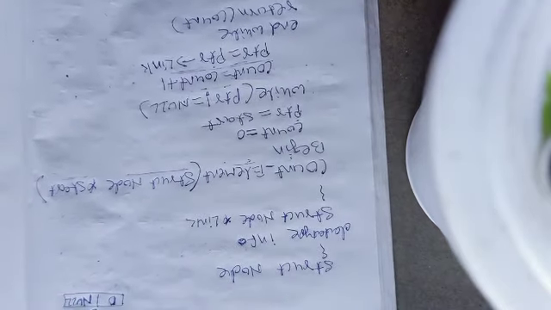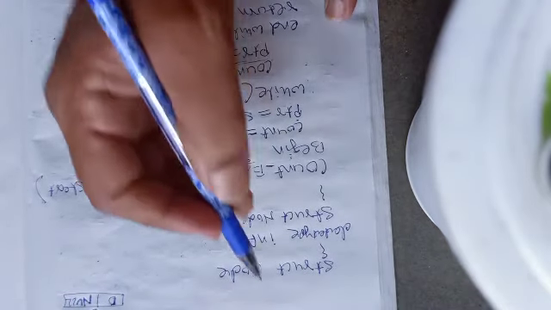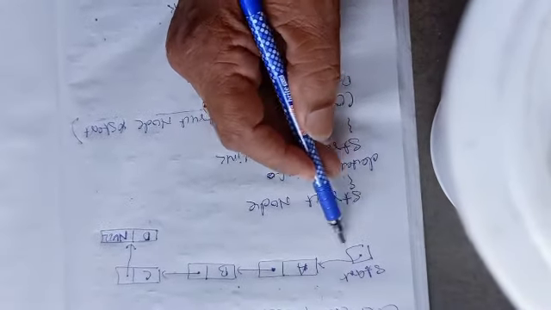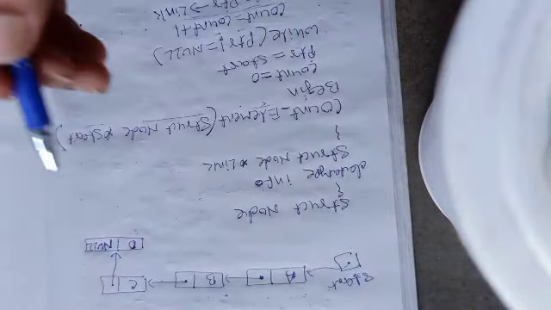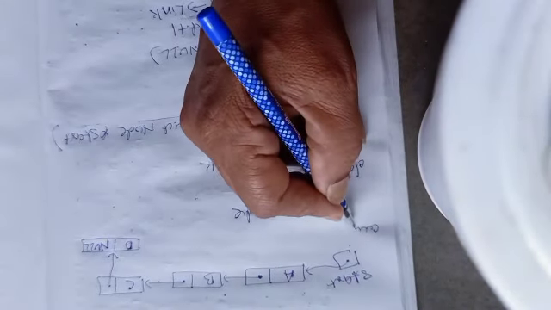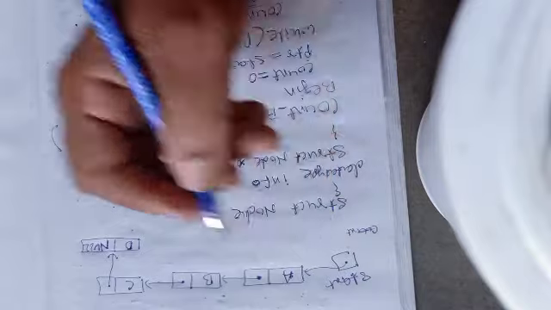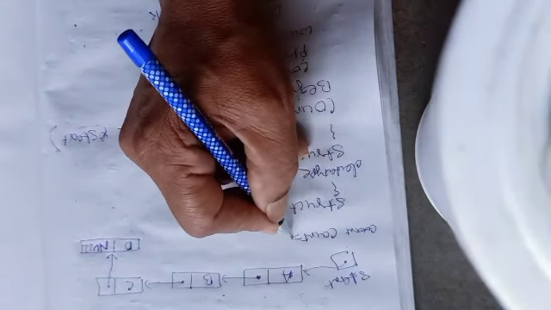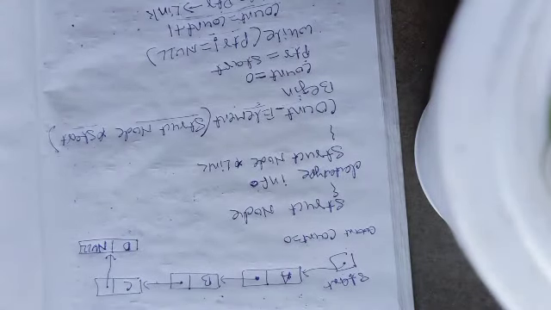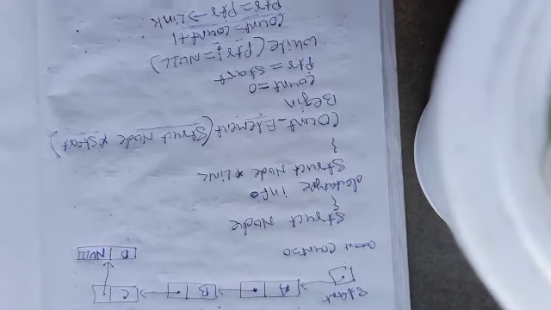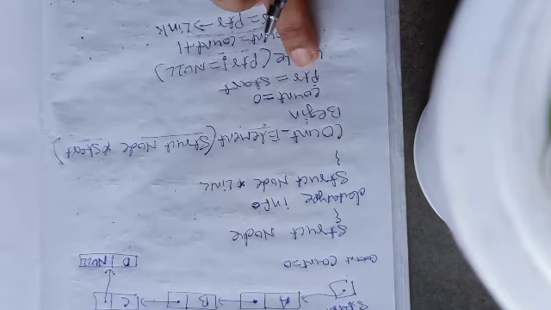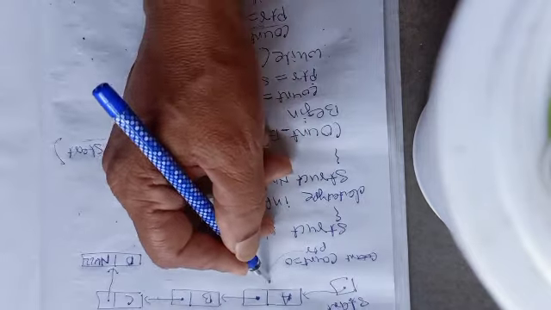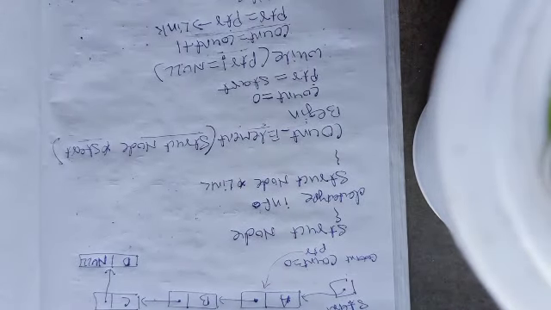This is my start node which points to this. Initially I will say count equals to 0. Now in my algorithm I have written after that ptr equal to start. So now ptr becomes this node, the first node.